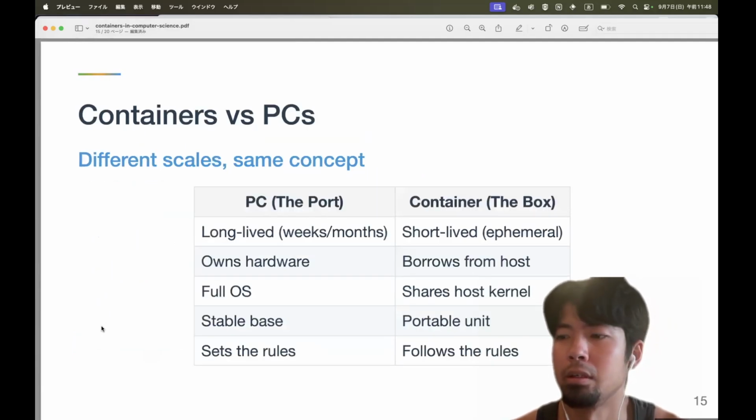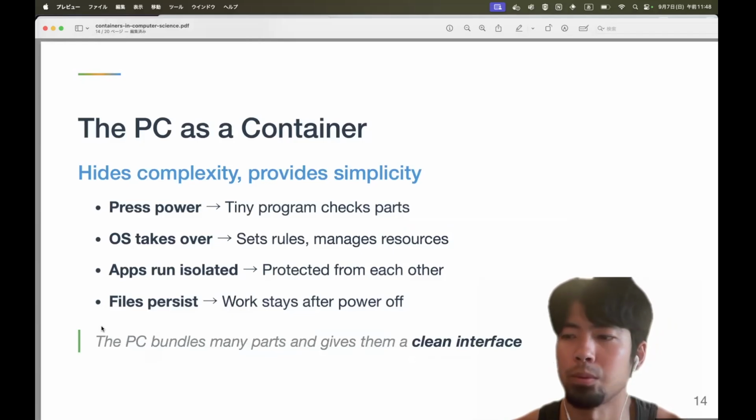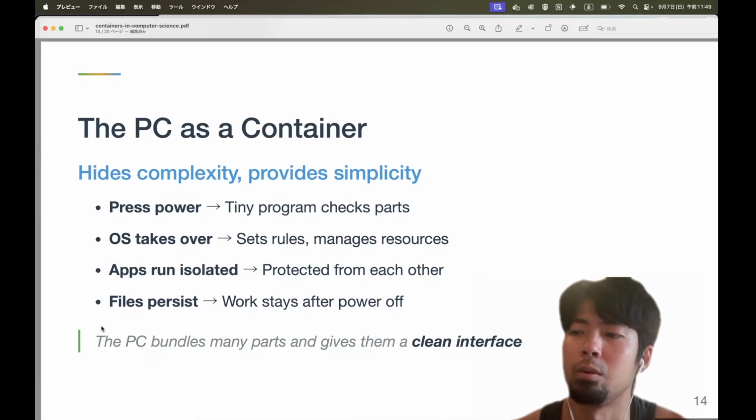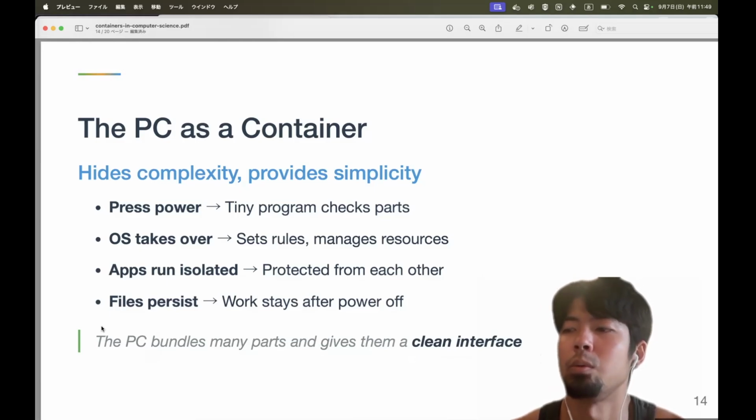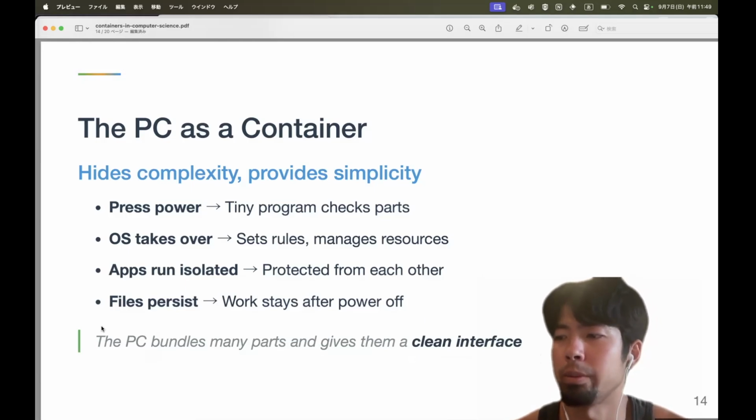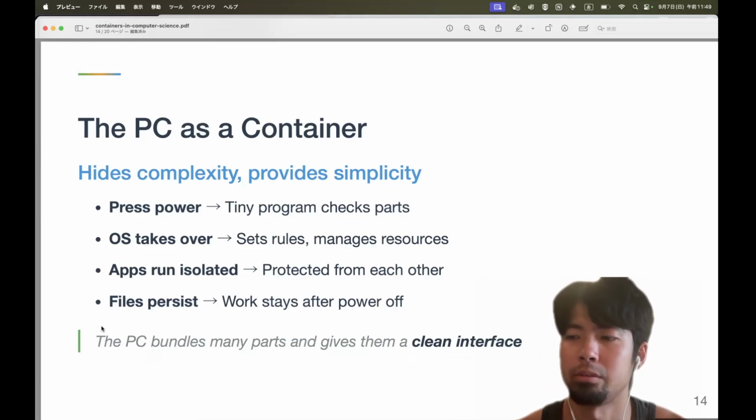The PC also protects what is inside. You log in with a user. Files have owners and permissions. The firewall blocks bad traffic. If one app is noisy, the OS can limit it so others stay healthy. The PC is a stable base you can trust for a long time